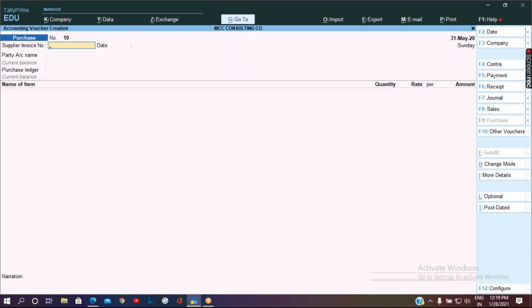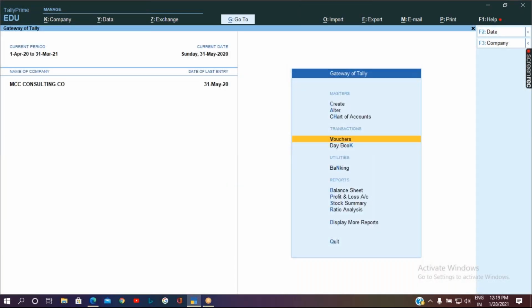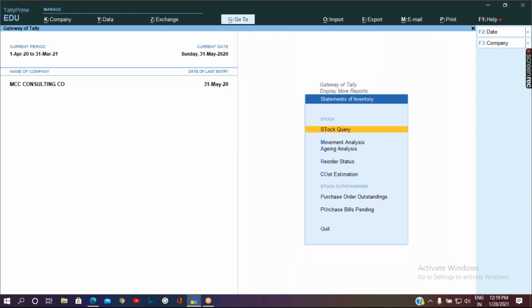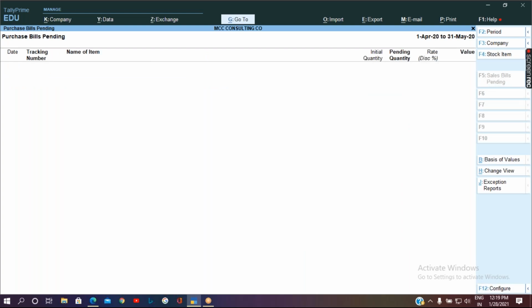Now you can check in the report, display, statement of inventory, and if you go to purchase bills pending, the bill pending will be nil, because we used the same tracking number and have passed the purchase invoice entry.